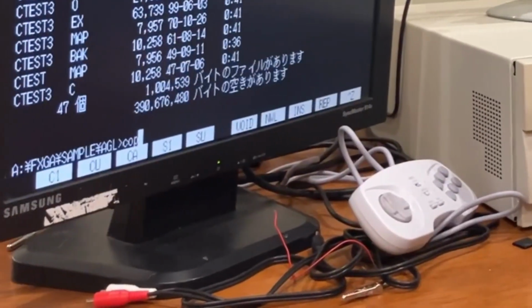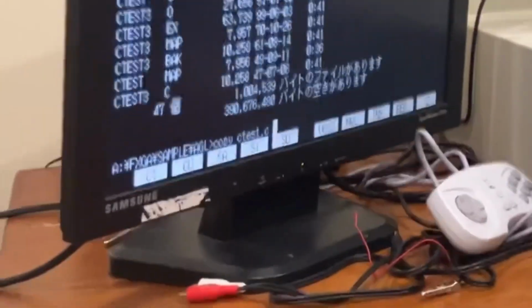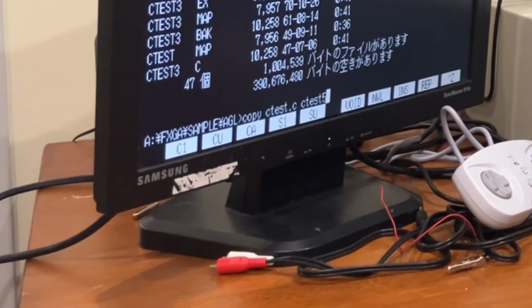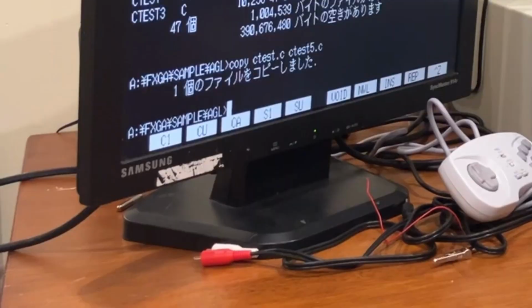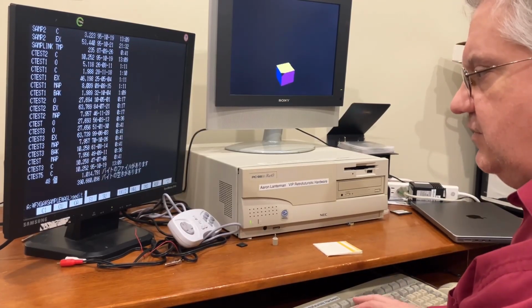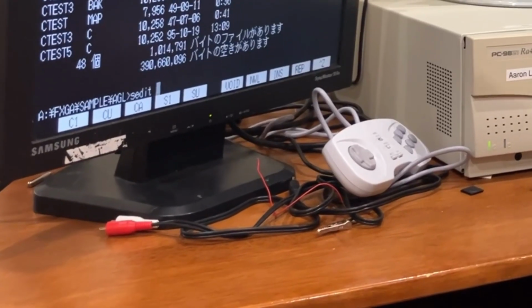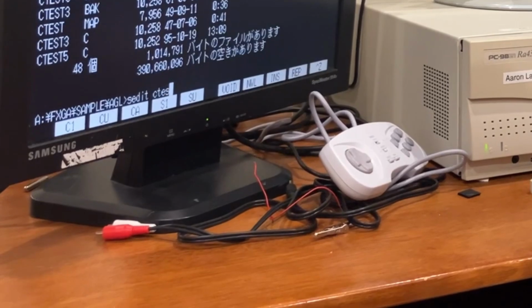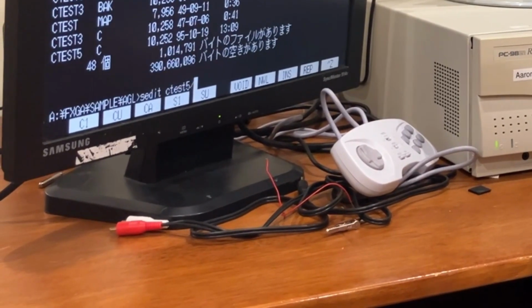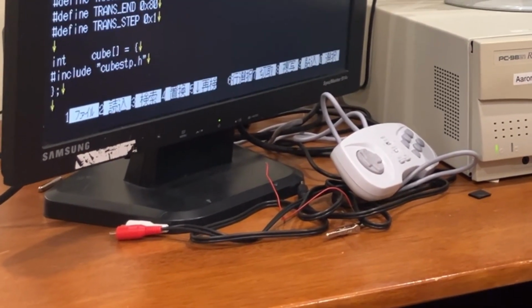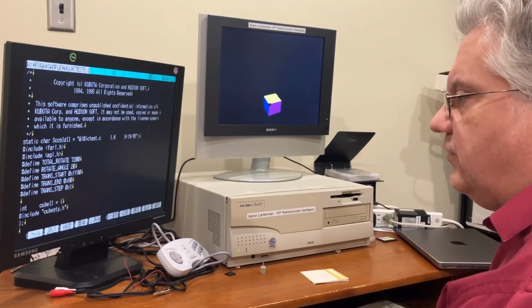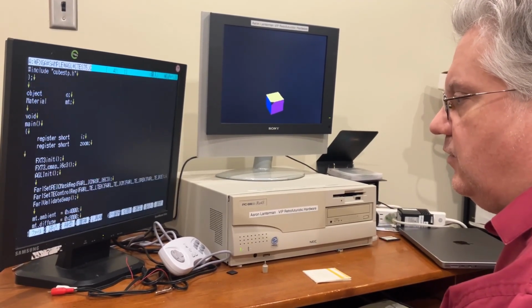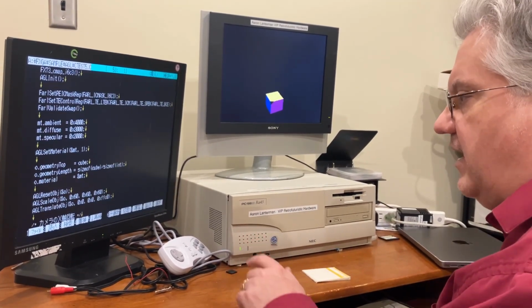So I'm going to say copy ctest.c to ctest5.c. So I'm going to use SEDIT, our text editor on the system, ctest5.c. And now I'll scroll down to the place in the code where they run a scale command on the